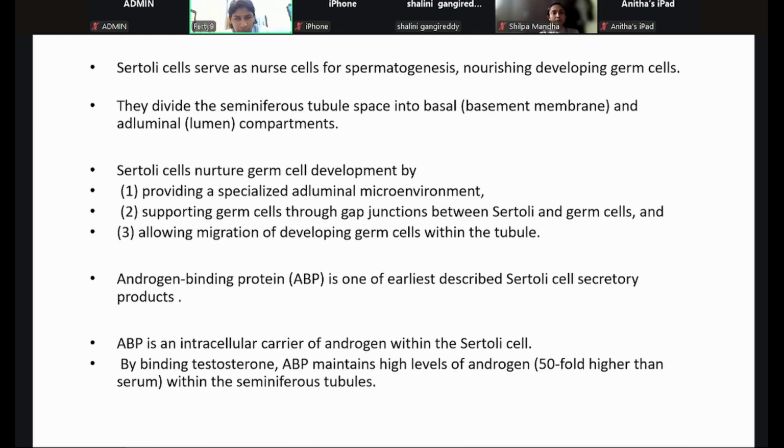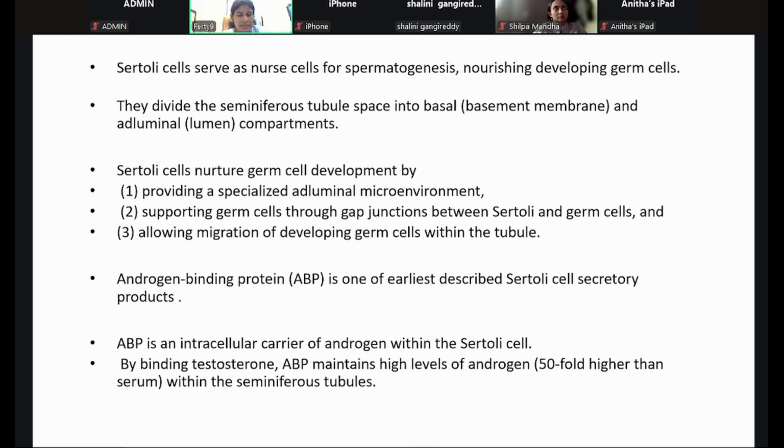This is very important for spermatogenesis to happen because these Sertoli cells will make that microenvironment which is suitable for spermatogenesis, and then it forms a testicular barrier. So it supports the germ cells through a gap junction between the germ cells and the Sertoli cells and the other supporting cells nearby. Along with the germ cells, it forms a tight barrier, and this barrier helps keep the sperm from being exposed to the immune system. So it doesn't get exposed to the immune system because of this testicular barrier. And this also allows the migration of the germ cells from the basement membrane to the tubules.